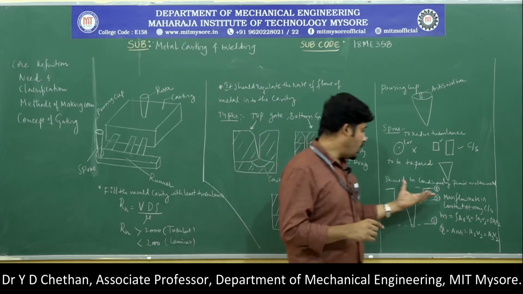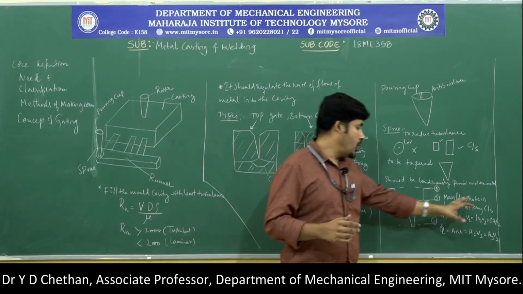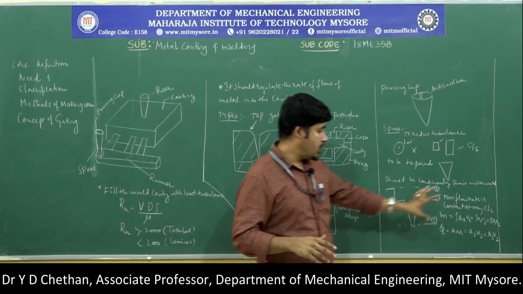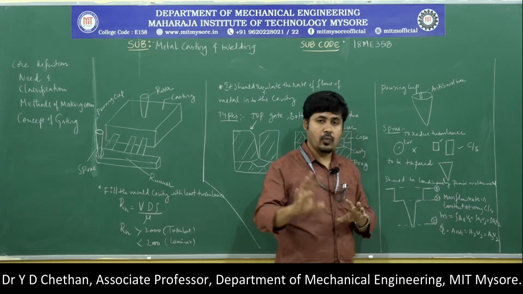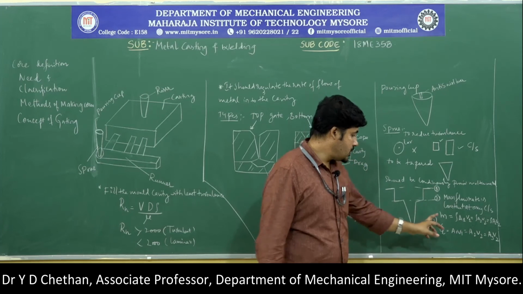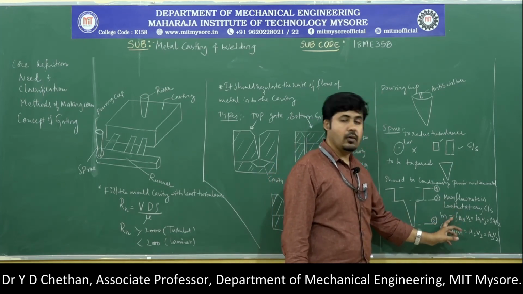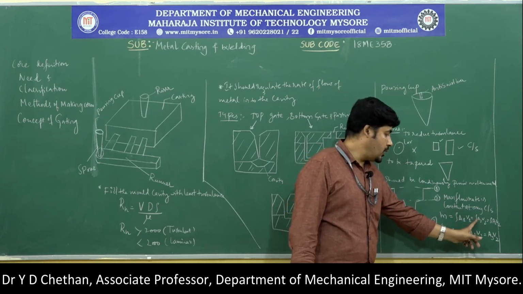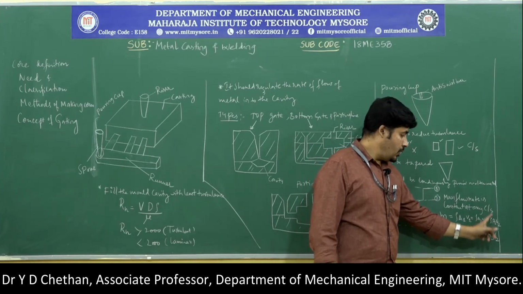So, here the statement of the continuity equation is: the mass flow rate is constant at any given cross section. Mathematically, the model of this system considering the continuity equation, the mass flow rate m, is the density of the material at cross section 1 with its velocity, and the density of the material at cross section 2 with the appropriate velocity.